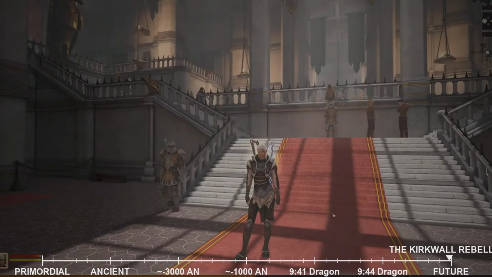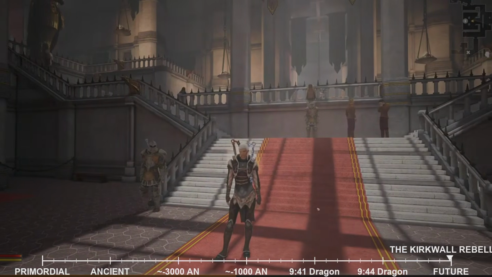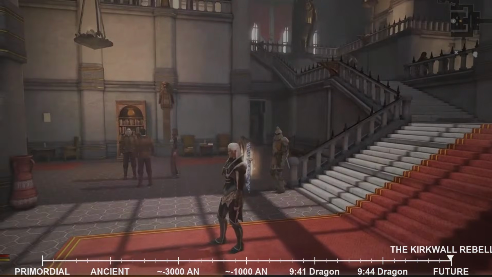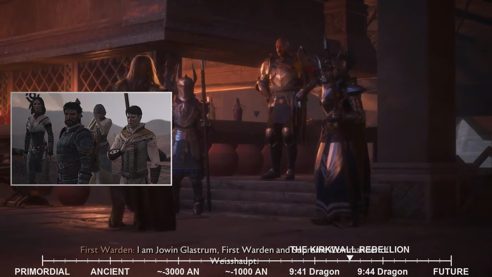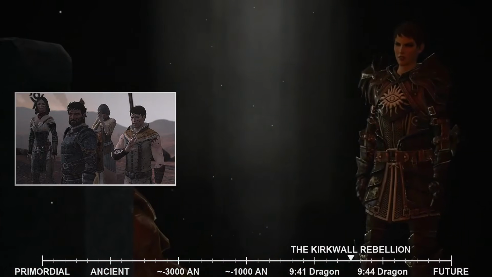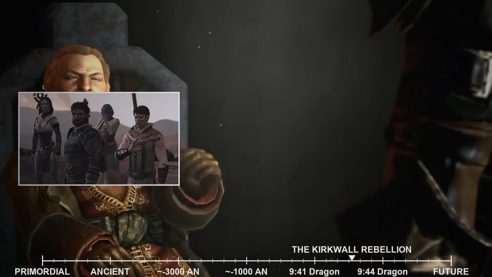The mansion became a symbol of their success, a testament to their journey from refugee to respected and often feared figure. From this new vantage point, Hawke could now observe and influence the machinations of Kirkwall's powerful families and institutions, their voice now carrying weight in a city that had once dismissed them.